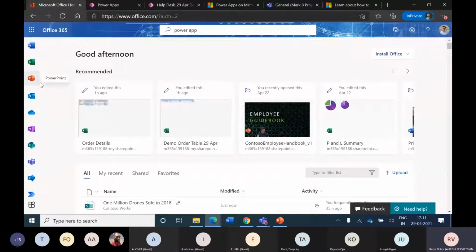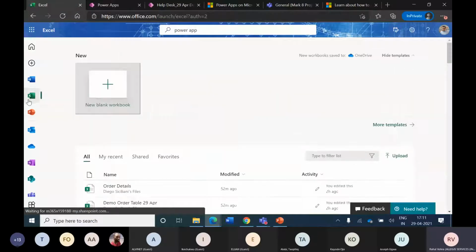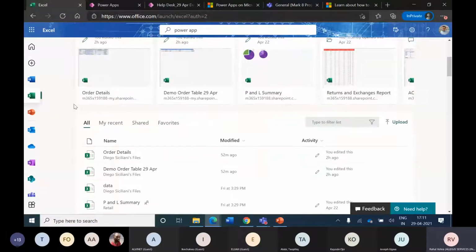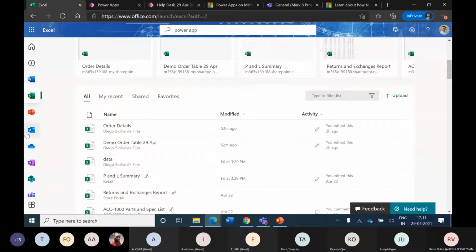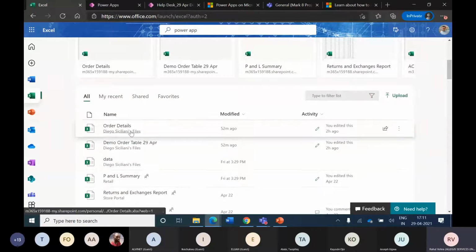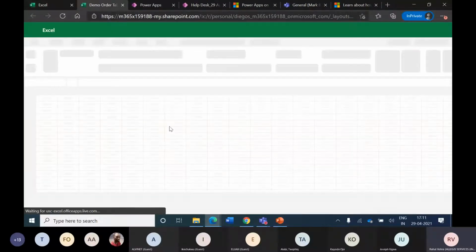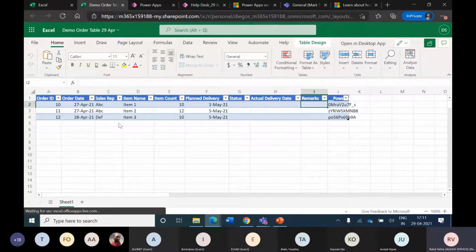So let me first take you to my Excel online instance, and I'll be making use of an existing table. So I have these available tables with me. I have created one demo order table. I have labeled it as 29th April to be able to identify.